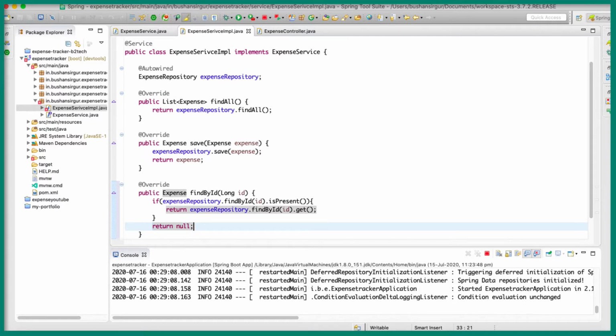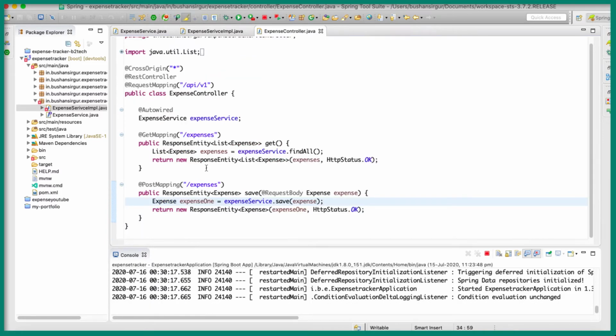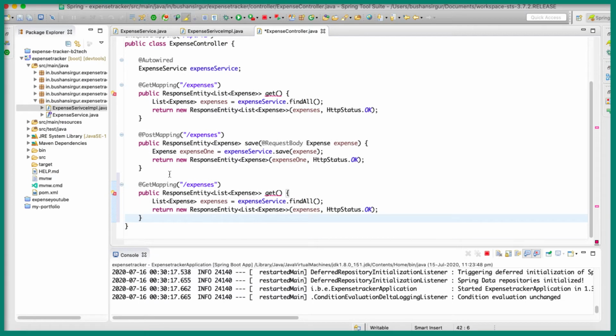So let's save this. Now let's go to the controller and quickly create a method. Let's copy this and paste it down, and I'm going to change the request mapping to /id.